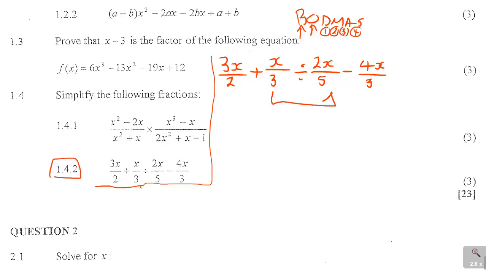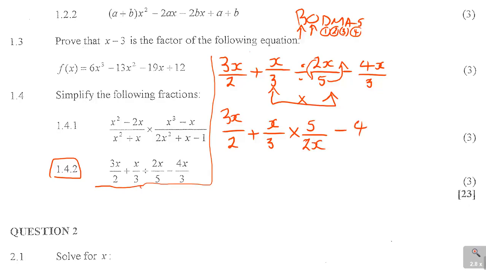It is between these two numbers. I must divide them, but for me to divide them I must convert them into a multiplication sign. So it will be 3x over 2 plus x over 3. Now from divided to is times, because division and multiplication still follow each other, but I must interchange. The 5 goes on top, 2x goes below, so it will be 5 over 2x,